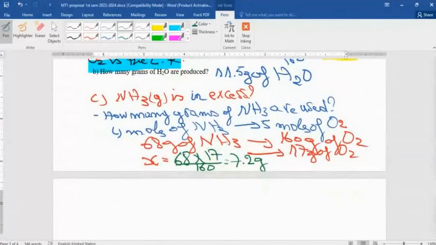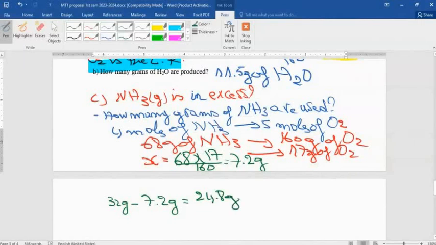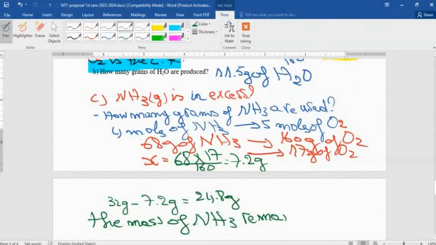This is how many grams of ammonia are used, and now it will be 32 grams, the starting mass of the ammonia, minus the consumed 7.25 grams, and this will give me 24.8 grams. And this is the mass of ammonia